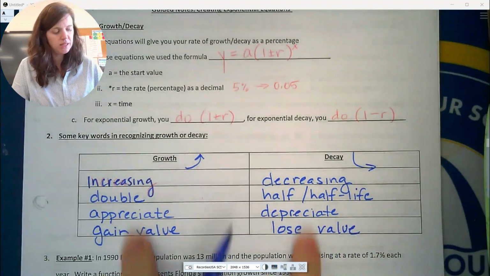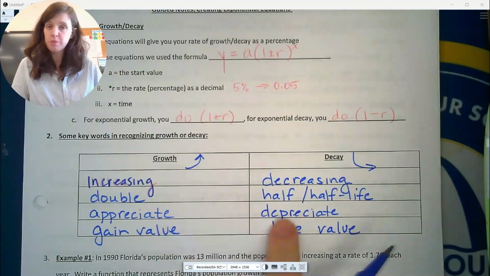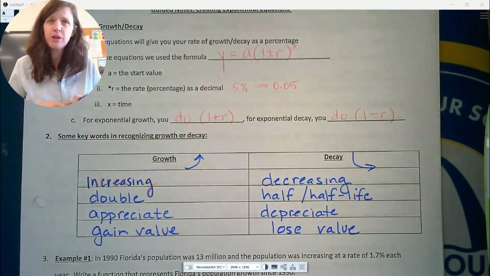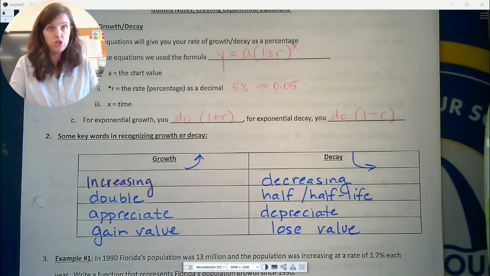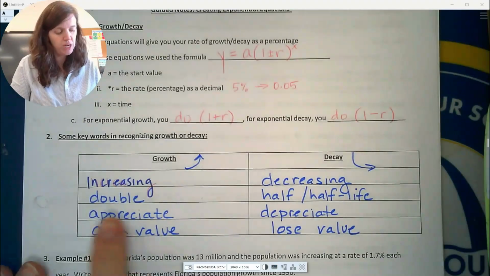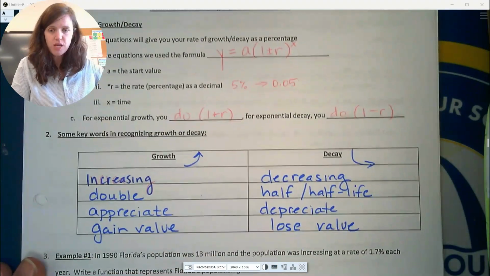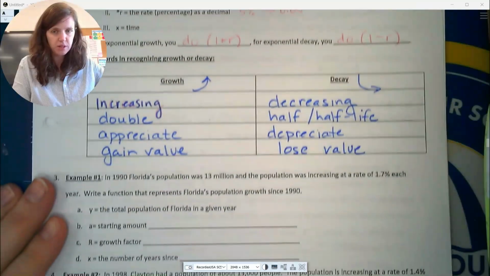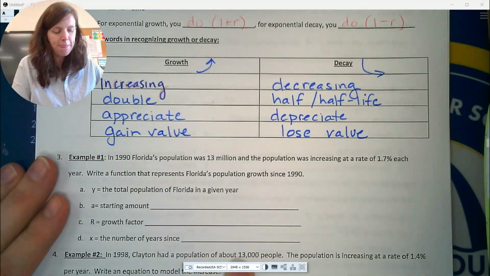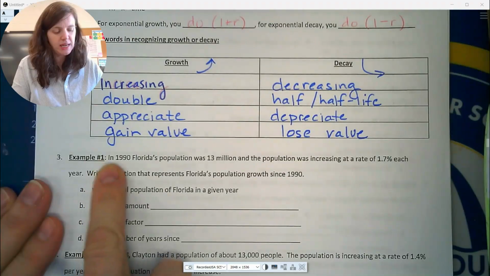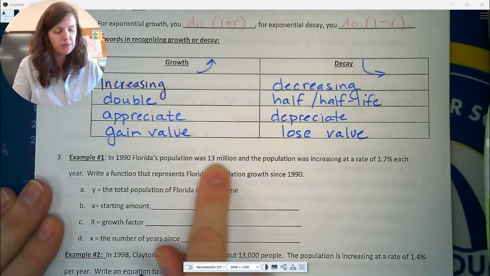Okay, so these mean the same thing, but a lot of times you'll see this word because they're using more complicated vocabulary, right? They're using vocabulary that you should know as a high schooler. So appreciate and depreciate. All right, so as we go through an example, I'm going to show you how this is going to look. Here's example number 1, and it talks about in 1990s Florida, the population was 13 million,